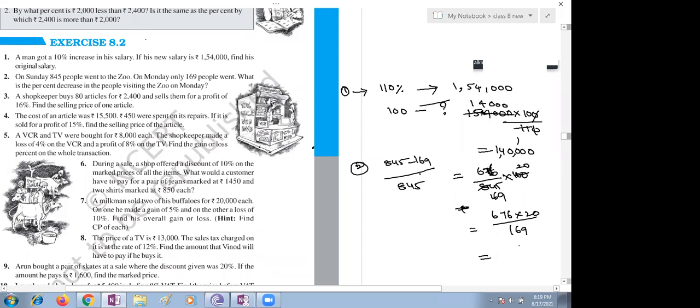Yes or no? Yes, ma'am, it is divisible. Yes, ma'am, it is 52. Like that, you estimate which table it is cancelling. 169 happens means immediately your mind should go to 13. 13 times 4 is 52, ma'am. 169 times 4 is 676.